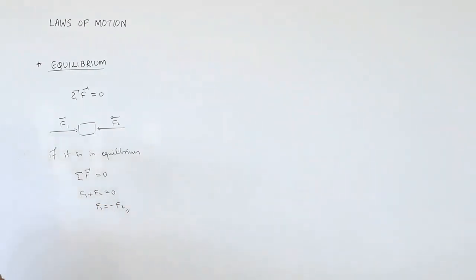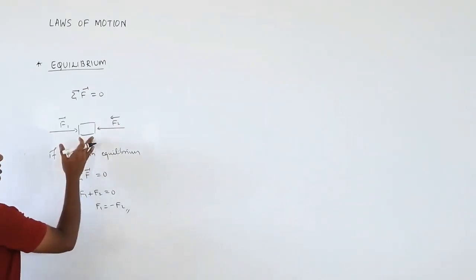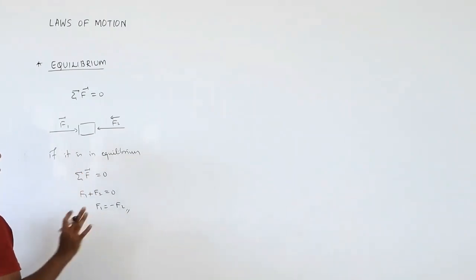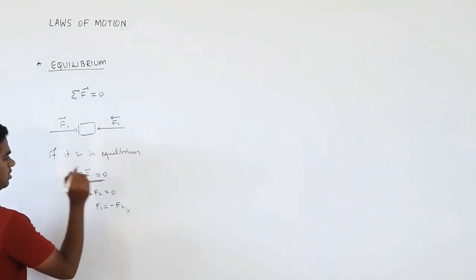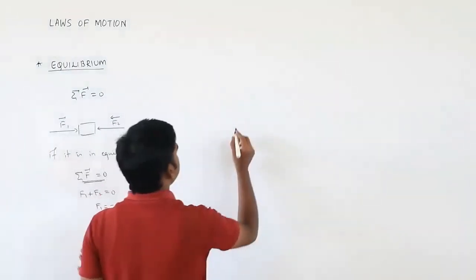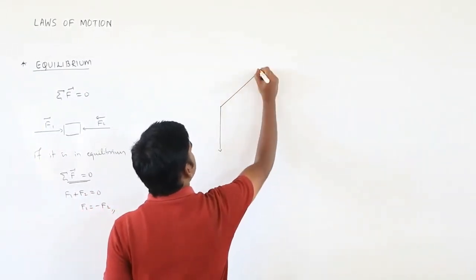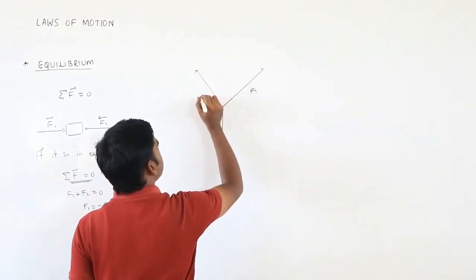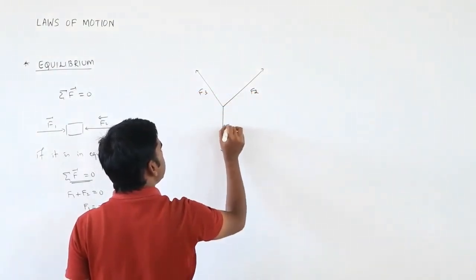Okay. So if these two forces are equal and opposite, obviously the body is in what? The body is at rest, or it continues to be in a state of uniform motion. So this condition is true. Or suppose instead of this, there are three forces acting on an object. Suppose one force is in this direction, another force is here, and this is here. So this is F1, F2, and this is F3.